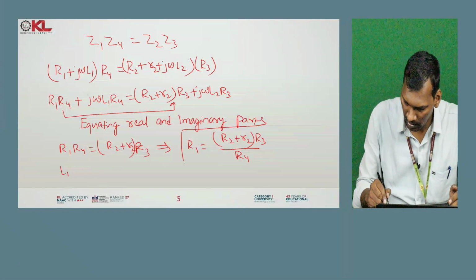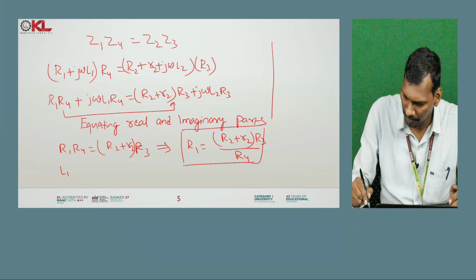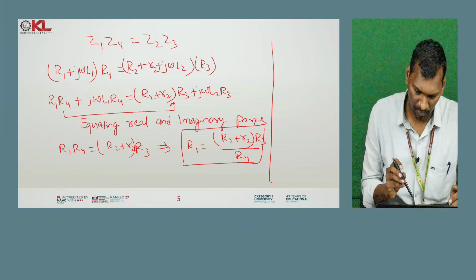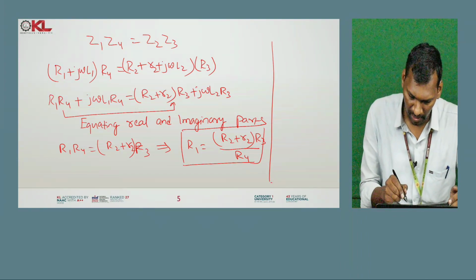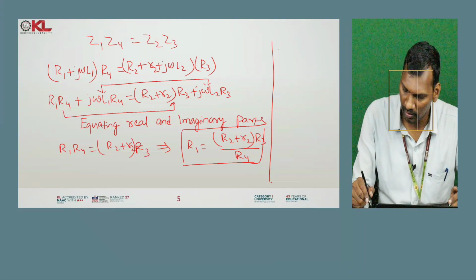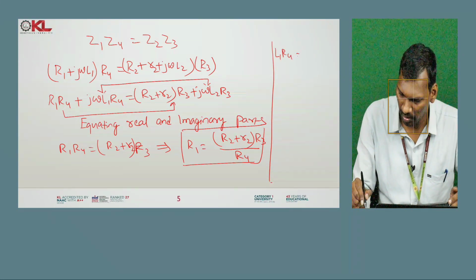So this is the unknown resistance value. Similarly, now equate these two values. L1 R4 is equal